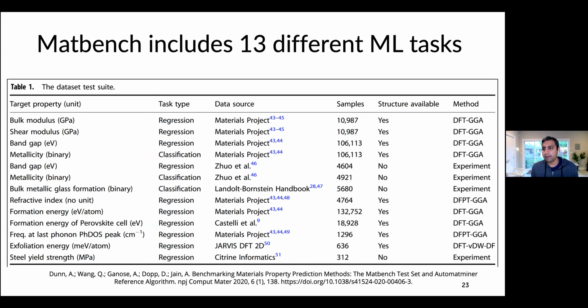On one hand, you have problems that are very small in terms of the data that's available. And on the other hand, you have data sets that are very large, and the types of machine learning algorithms that are appropriate might depend on whether you have a small or a large data set. So in Matbench, for example, we have both small and large data sets. We also want to have different types of materials properties that are computed. And so we end up having many different data sets that we've compiled from the various parts of the literature, as well as from the Materials Project database.